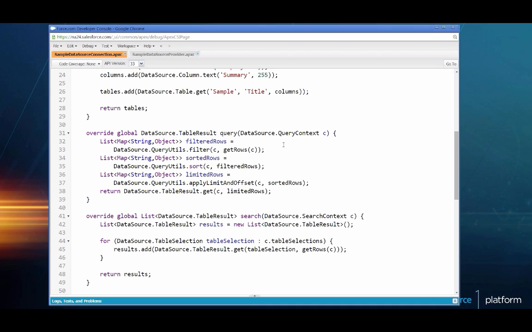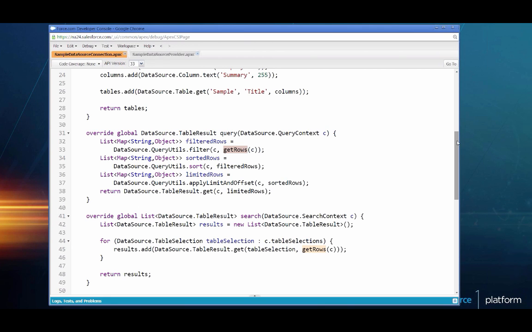Maybe I just want the first 25 rows from my data source. And I'm just using these data source query utils to apply those against some set of rows. So I'm being pretty lazy here, just generating the same set of 50 rows, no matter what the query, and I'm just letting the platform filter and sort and then apply limits